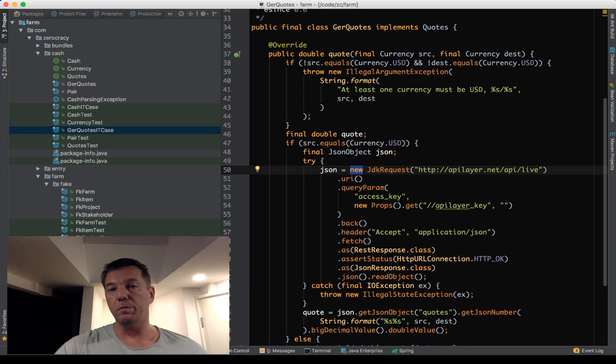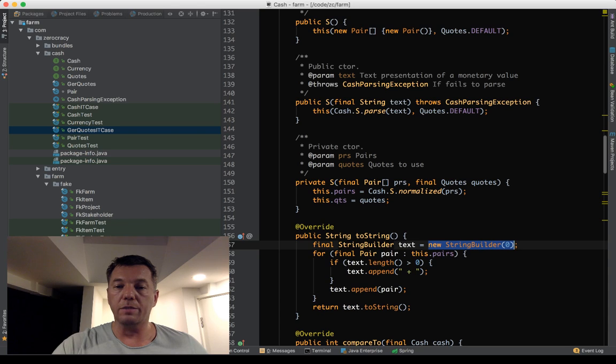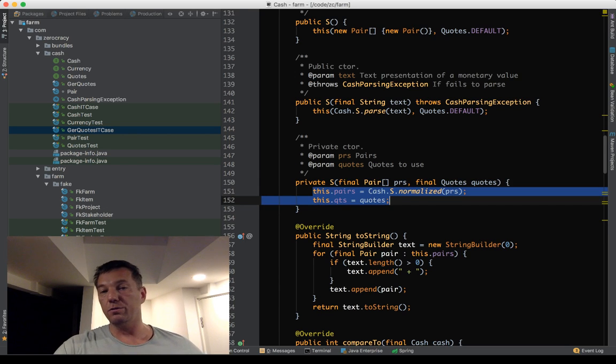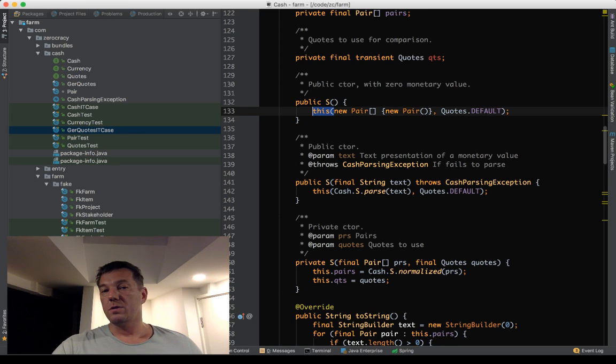I'm talking about secondary constructors. You know, there's a difference between the primary constructor and the secondary constructor. This one, for example, is a primary constructor because it takes something in and stores the incoming values into the internal attributes, while these two are secondary constructors. They just use operator new, create some objects, and call the primary constructor. There is an article on my blog, just Google for primary secondary constructor on my blog.